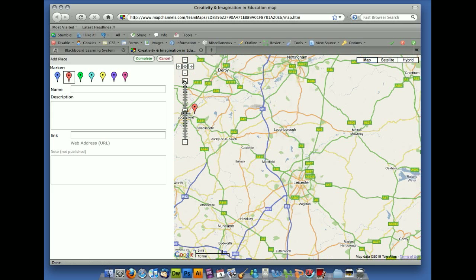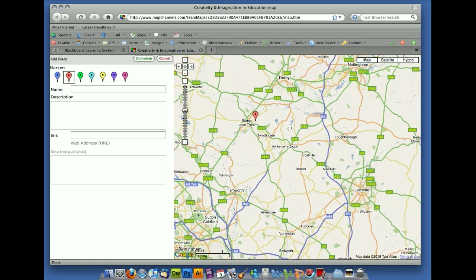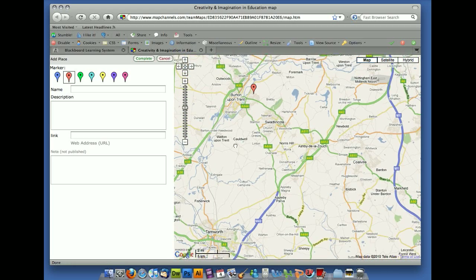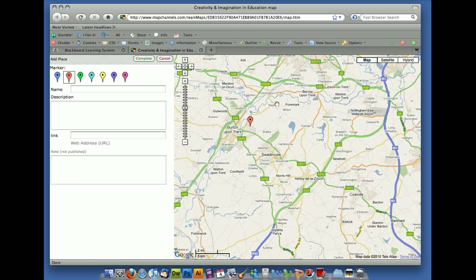Then I'm going to click on the zoom one more time. I'm going to find the red marker, and one more time find the red marker, and here Repton has actually appeared. So what I do now is I move the marker as close to Repton as I can and I let go. Then on the left hand side where it says name, I'm going to say Repton,